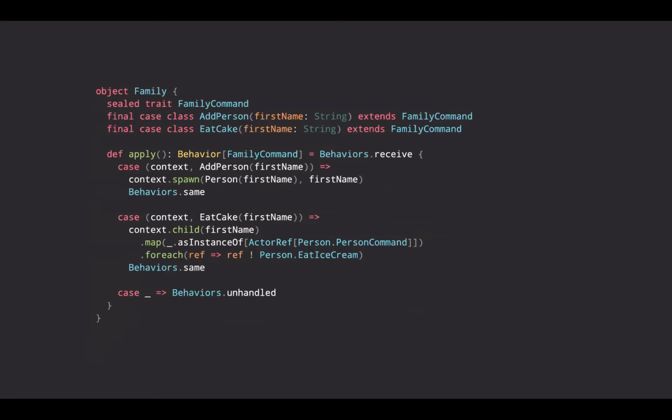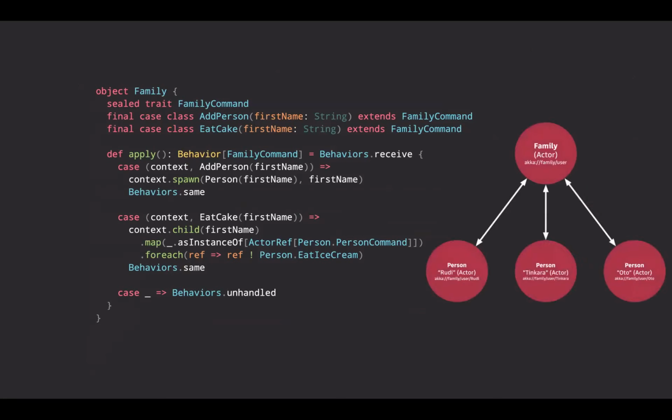And the other big advantage, and how Akka actually is a resilient framework, is that the structure in which you organize actors is tree-like, which means that actors come in actor systems and they come in trees. So in this example here, I now define the family actor. This family actor has an actor reference, so a unique URL. And then I also defined, similarly to the previous example, 3 different actors, and they also have different URLs.